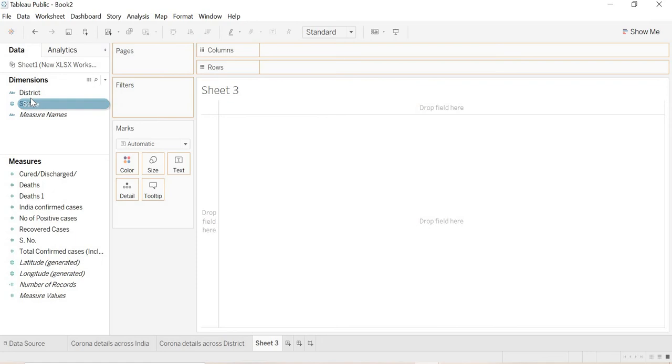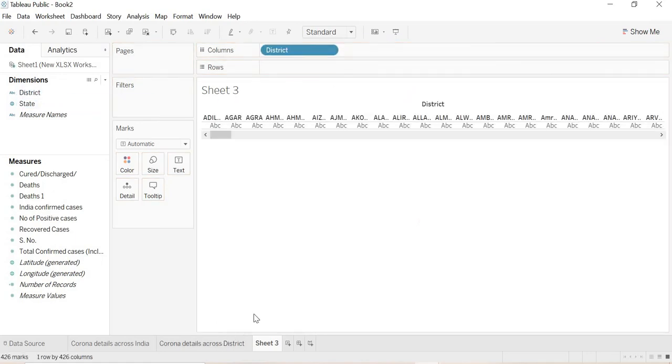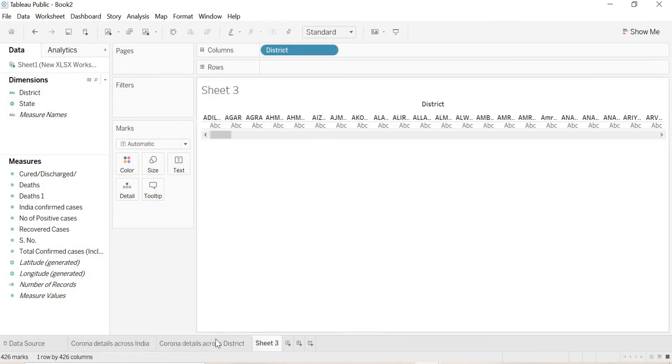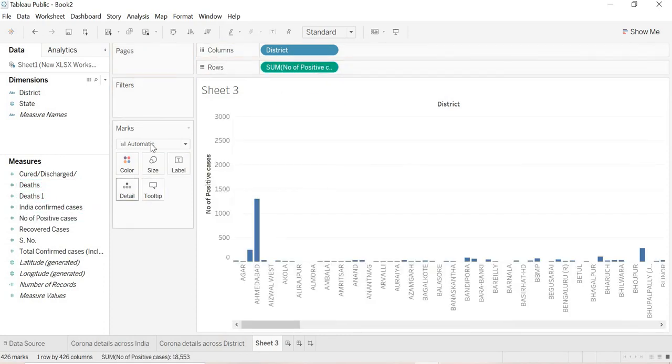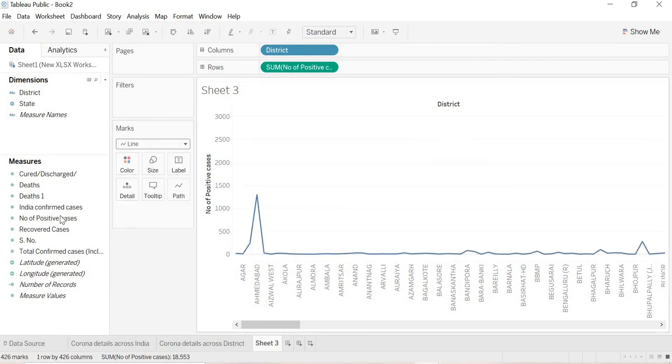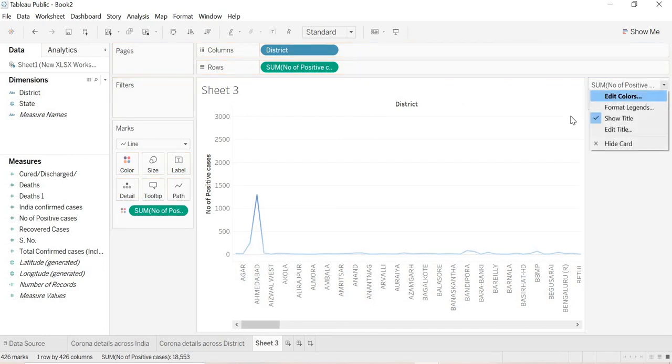This time we'll make the same sheet as what we made over here. That was the bubble chart. This time we'll make a line chart. So the number of positive cases we'll put here. We'll click over here and make a line chart. The number of positive cases we'll put in color. We'll change this color to red.